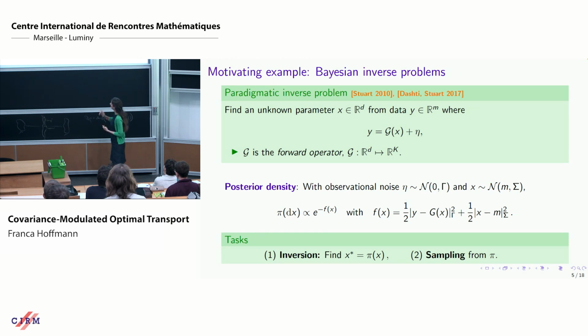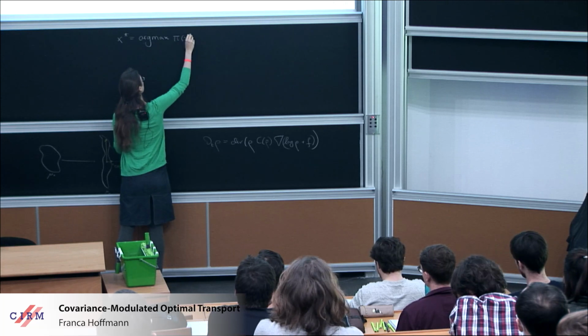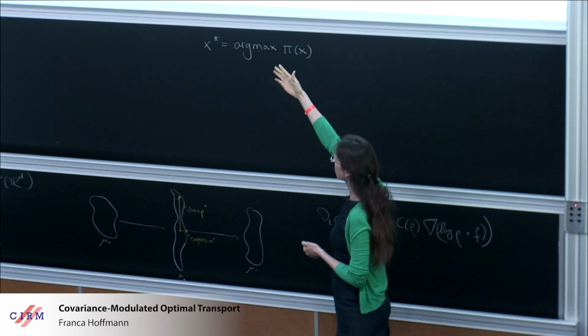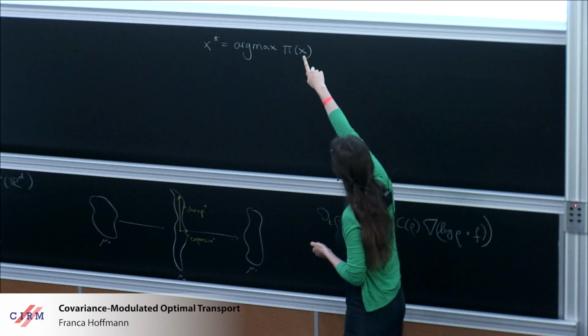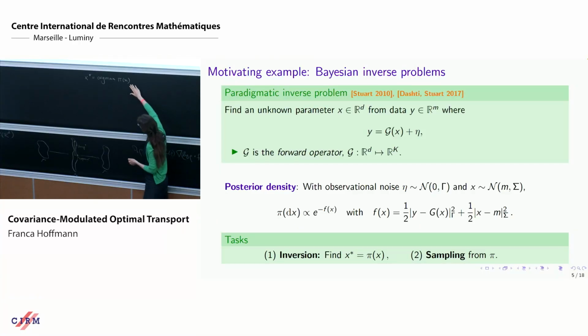So what you want to do in that case is find this x star. Oh, there's also something missing. This should be argmin, which is the minimum. No, it's the maximum of the pi, which is the minimum of the f. Let me write this so that it's not argmax of pi of f. And why? Because if the pi of x is proportional to e to the minus f, where f is given by this function here, then what this is asking for is the maximum of the posterior distribution connected